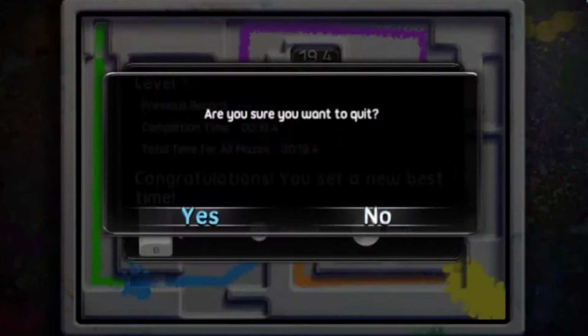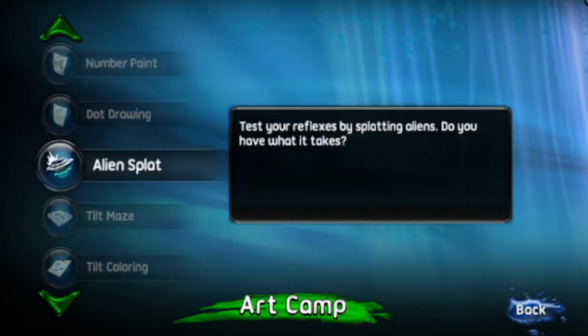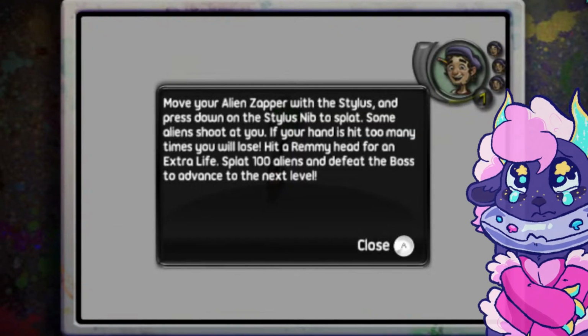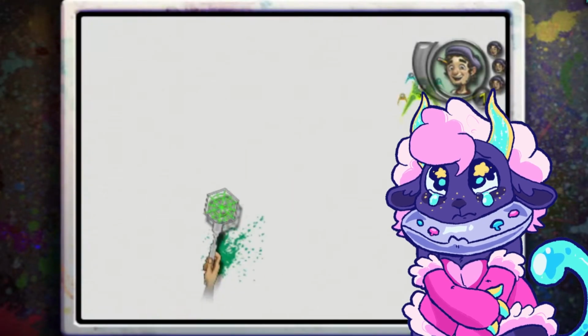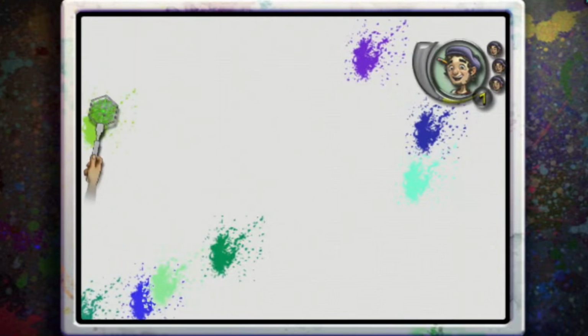We have a coloring book with over 100 pages, tilt coloring where you roll a ball around the canvas that paints, tilt maze where you roll a ball through a maze trying to reach the exit as fast as possible, alien splat, it's whack-a-mole, but when you smack them, it makes paint appear where you smacked them, connect the dots, and paint by numbers. So should your child ever tire of drawing, they have some other mini games to play